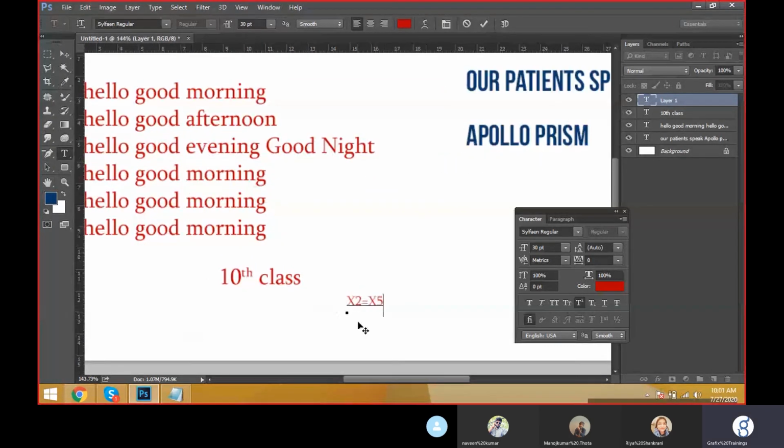Here we have a formula, x2 equal to x5. x2 will be the down part, that is called subscript, and x5 will be the upper part, that is called superscript. This is called superscript and this is called subscript.